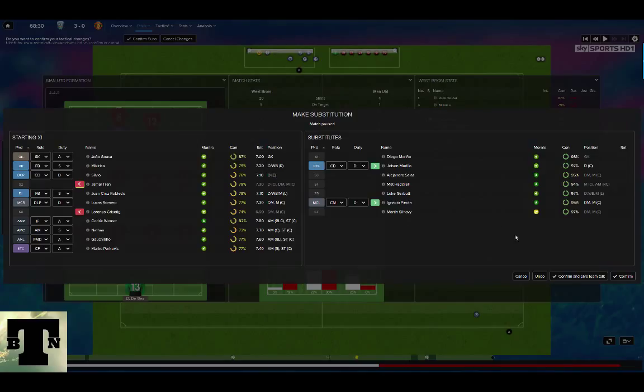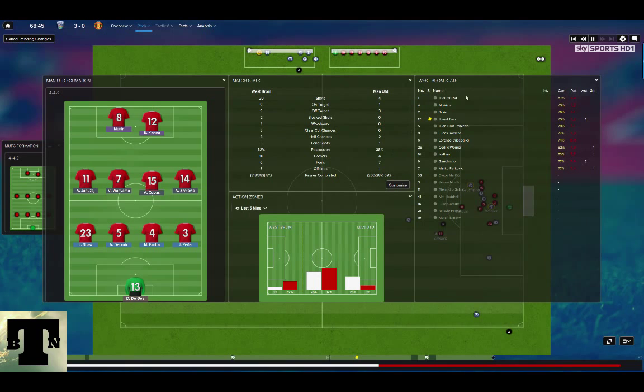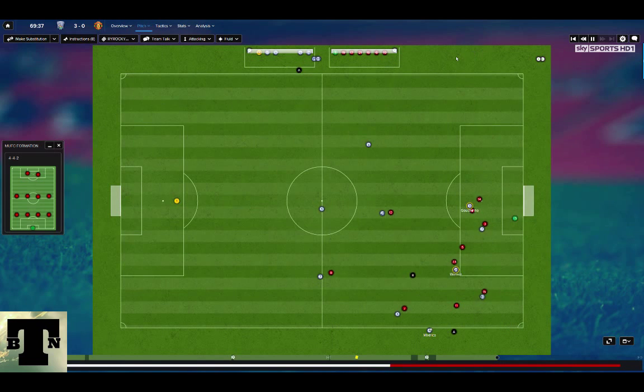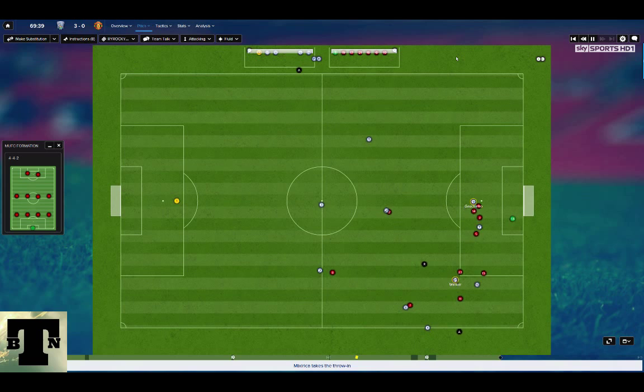Okay, we are going to make some more changes. We are going to bring on Murillo for Tran, who's picked up a yellow card, and Christie, who's at 74% and 6.90, is the lowest of the lot. I think that Pineda can do a better job. I hope he can. Pineda is coming off. Tran is our first choice. He's going to rest.